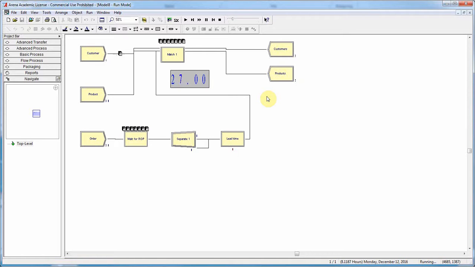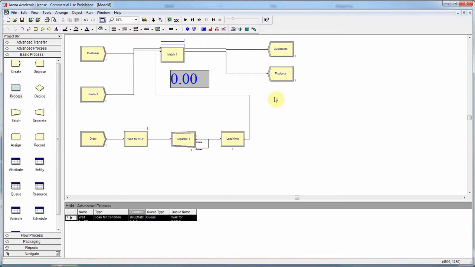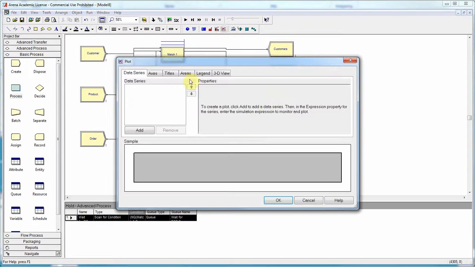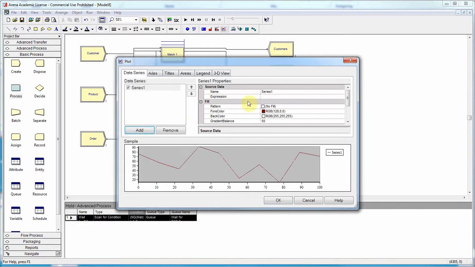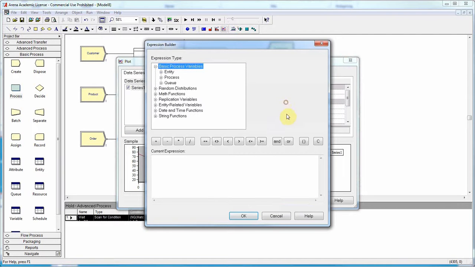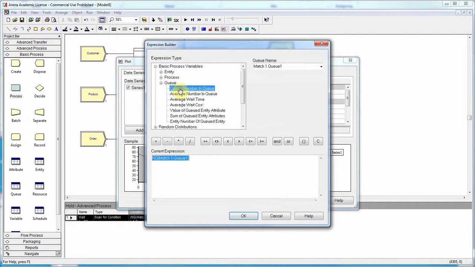So it reaches 30 almost, and then we are below 20. There is a new order. It waits 5 days until we can get the order in, and here it is. We can do more things. Let's introduce a graph. We can plot. I would like to plot the exact same thing. I take current number in queue, queue number 2,